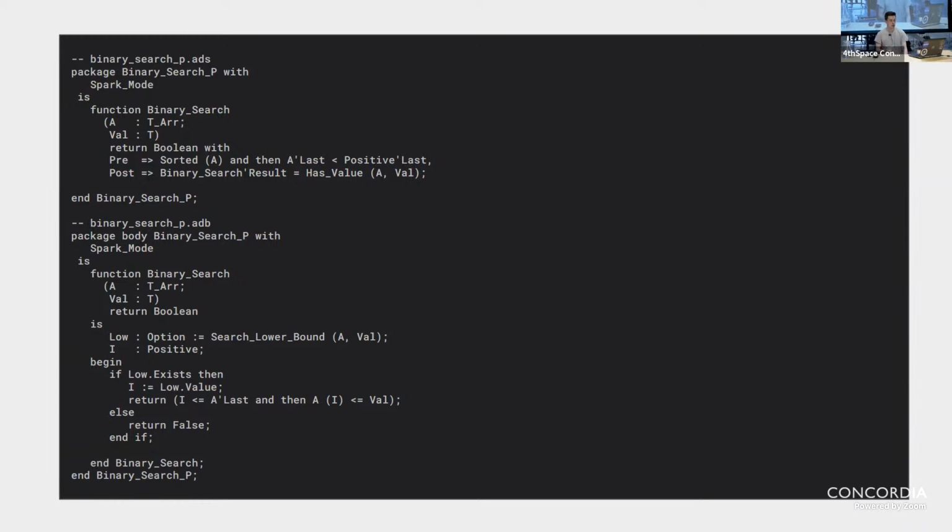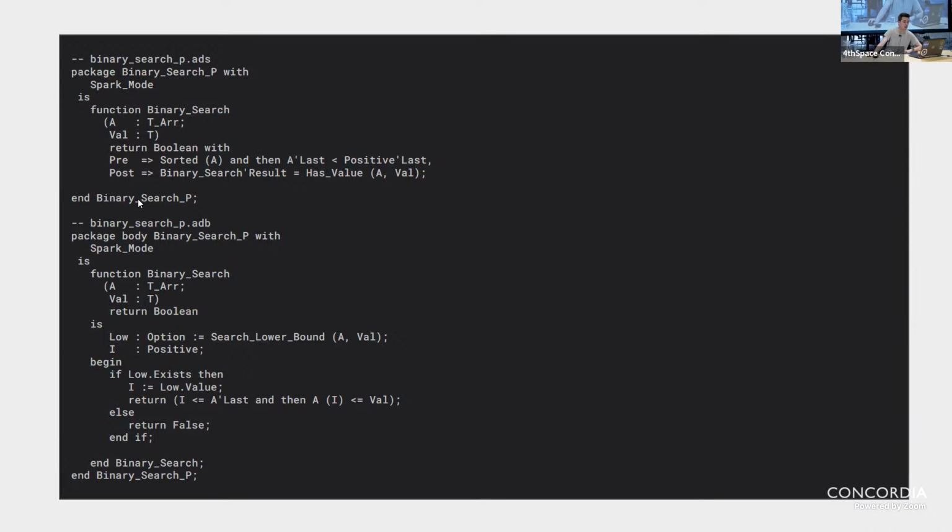Then I can check that the last value in my array is less than the maximum positive number, which basically just means making sure that the data is in the right range. So I can confirm and I can prove using this contract, this specification.